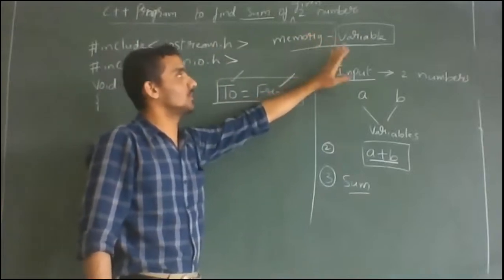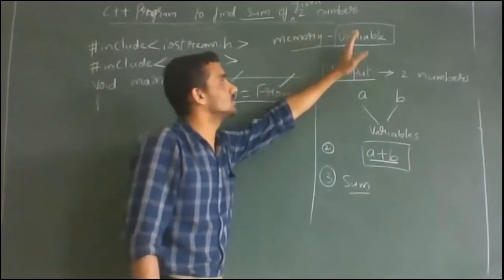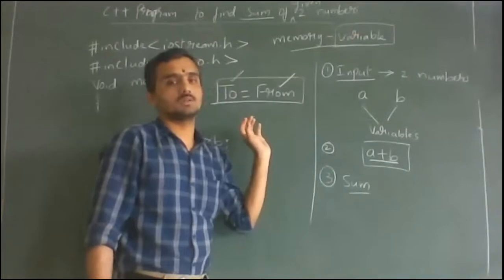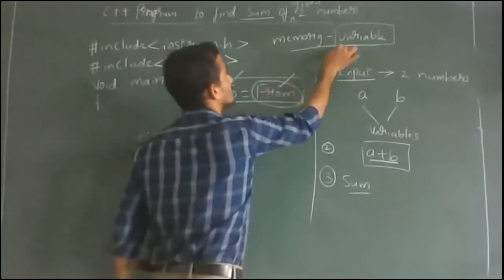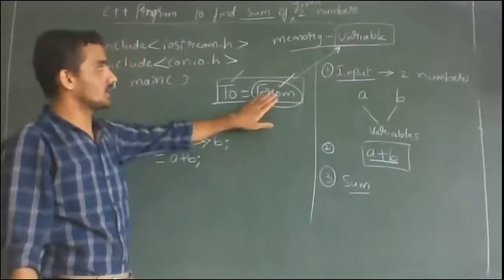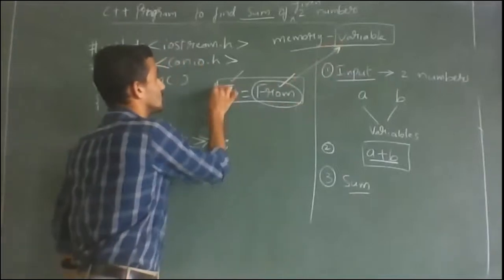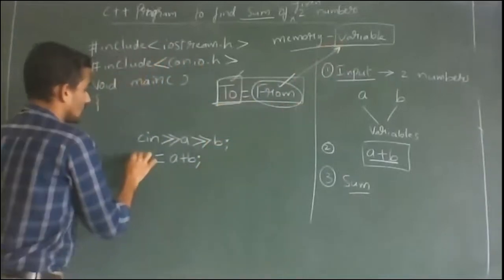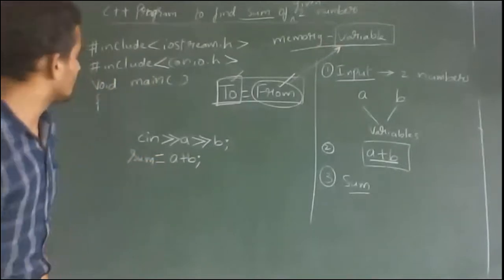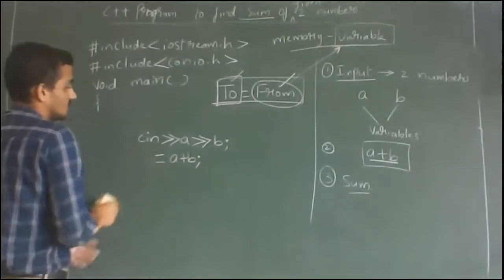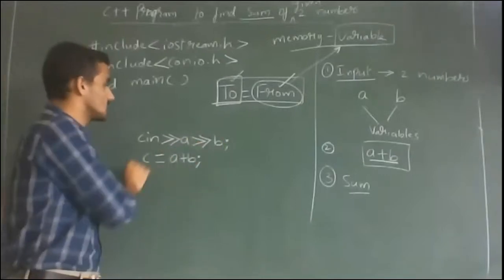Memory name means variable name. So if I am telling I am storing the value in memory, nothing but I am storing the value in a variable. So the calculated value, that is A plus B, you are storing in a variable. That variable you put on the left hand side. You can take any variable. Here I will take sum. Or you can even take the variable as C, because A and B we have taken as variables. The next letter is C in that.